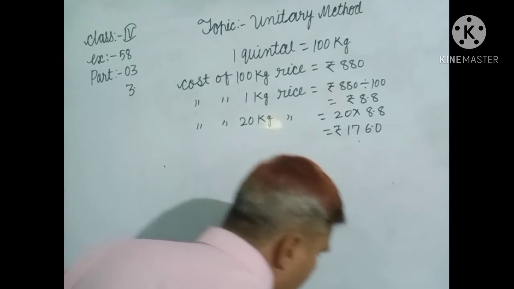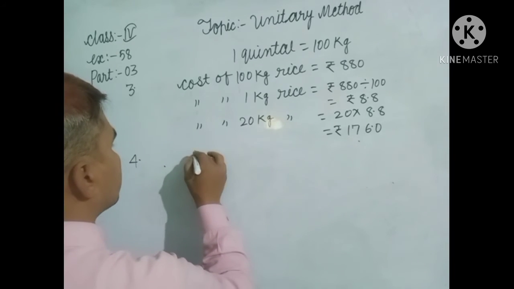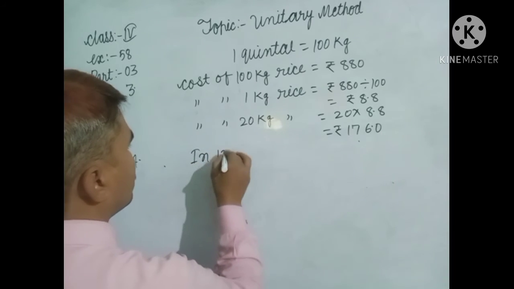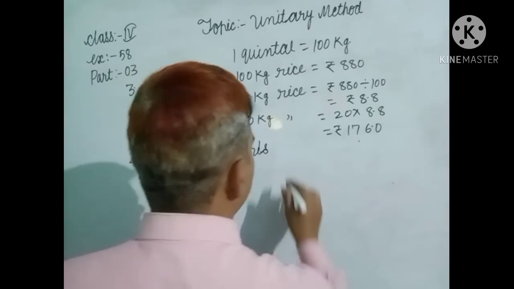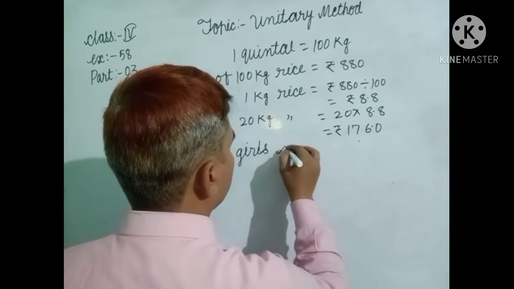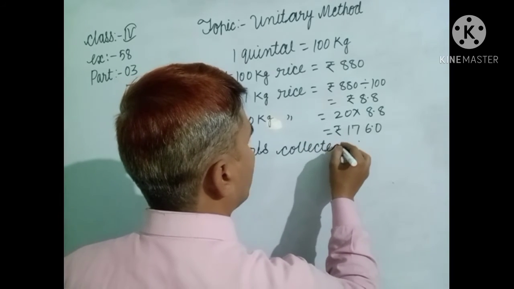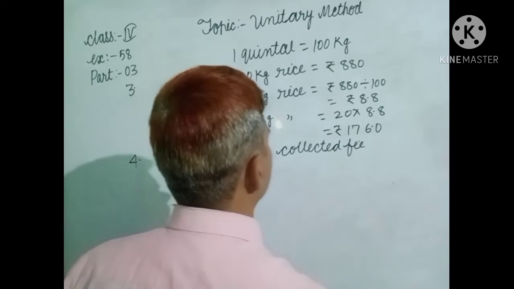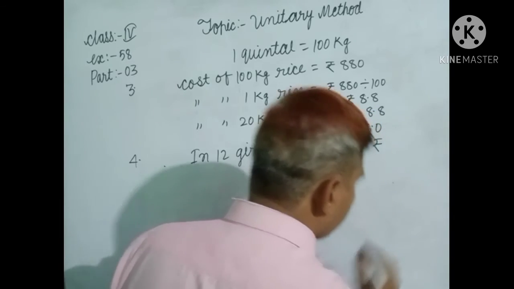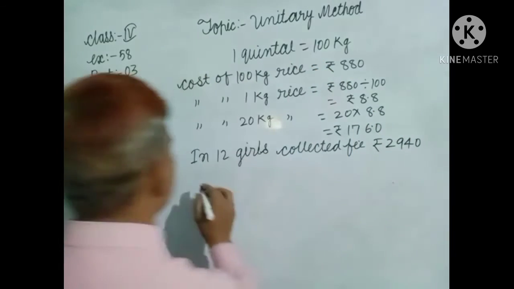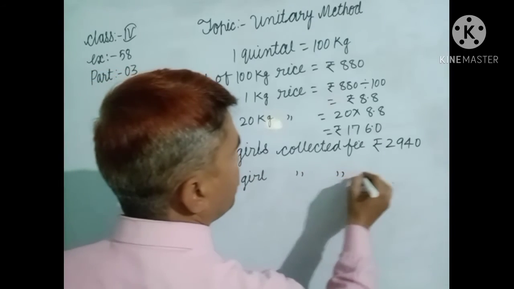So you write here in question number 4: from 12 girls collected fee rupees 2,940. In one girl, collected fee rupees